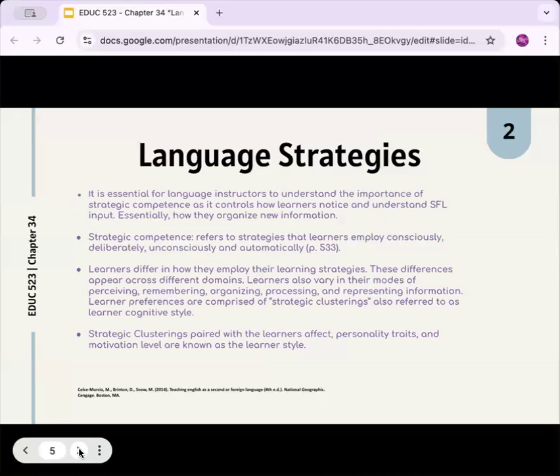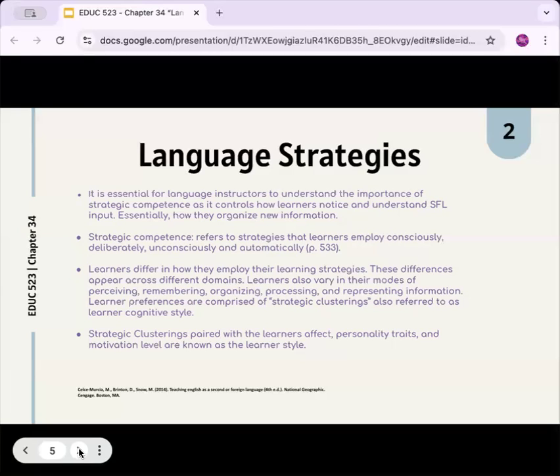It is essential for language instructors to understand the importance of strategic competence as it controls how learners notice and understand language acquisition input. Essentially, how they organize the information. Strategic competence refers to strategies that learners employ consciously, deliberately, and unconsciously, and automatically. Learners differ in how they employ their learning strategies. These differences appear across different domains. Learners also vary in their modes of perceiving, remembering, organizing, processing, and representing information. Learner preferences consist